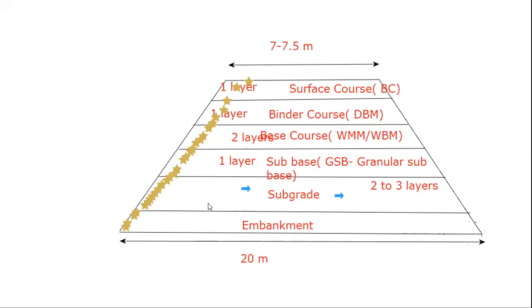For each layer, the main procedure of the entire construction is, first you bring the soil or material from a different place, and after that you lay it. Once the laying is done, the next step is compaction. After compaction you test the different properties, that is plasticity limit, liquid limit, CBR, moisture content, dry density. Entire thing you are testing. If it works out to be within the limit, assume maximum dry density should be 98%. If you get maximum density of 98%, you lay the next layer.